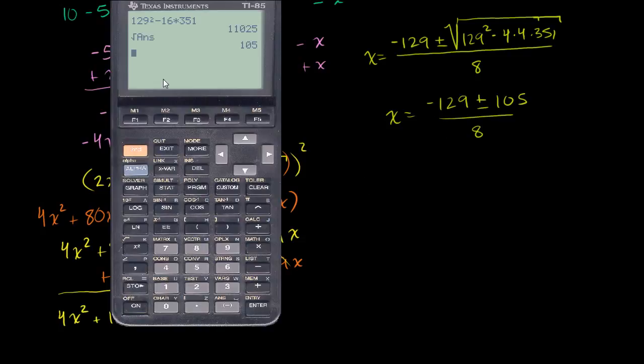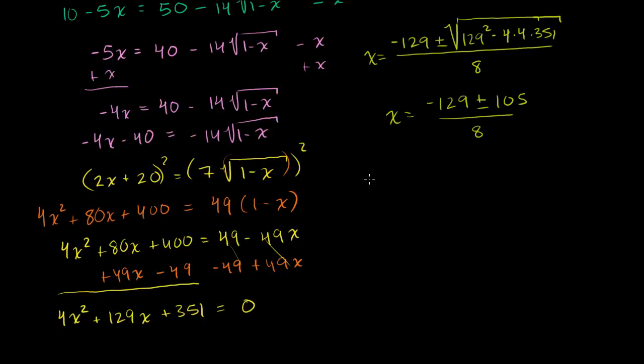Let's just use the calculator for this. So the first one, if we have negative 129 plus 105, what do we get? Negative 24. Then you divide that by 8. That's going to be negative 3. So one of our answers is negative 3. Now what happens if we take negative 129 minus 105? We get negative 234. Divide that by 8. We get negative 29.25. So our two answers are x is equal to negative 3, and x is equal to negative